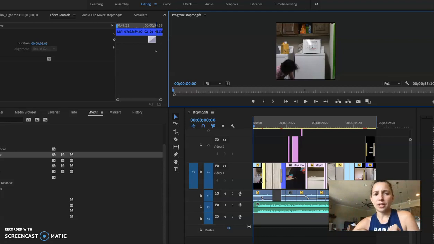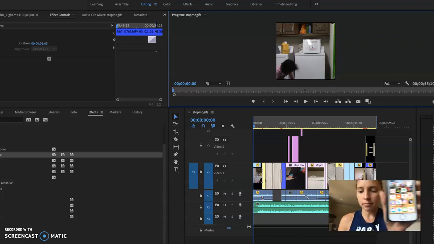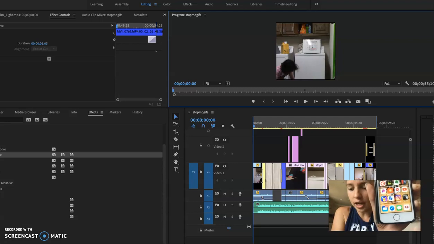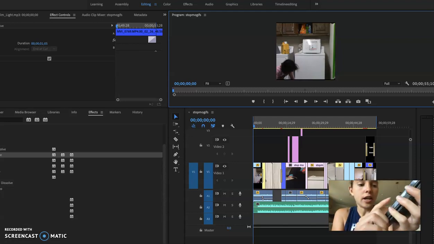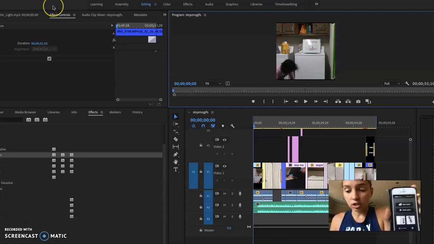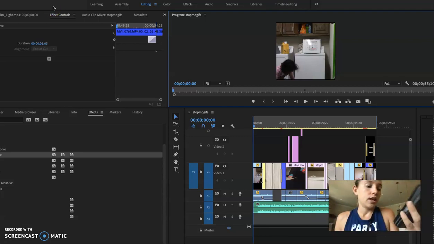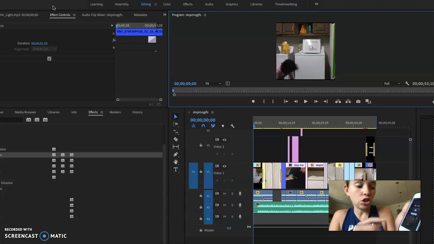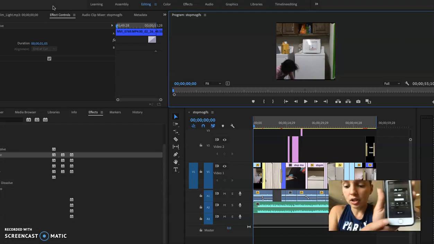Let me show you the app I used. This on my last one, I said I tried it but didn't really like it, but it's called iMotion. It's there in the bottom. And for this, it worked pretty well. Okay, so I just hit New Movie, and then you can choose between having time lapse,